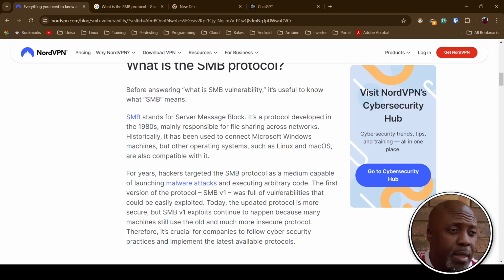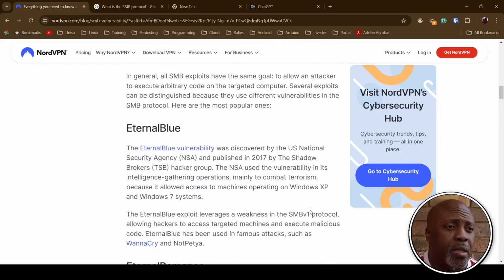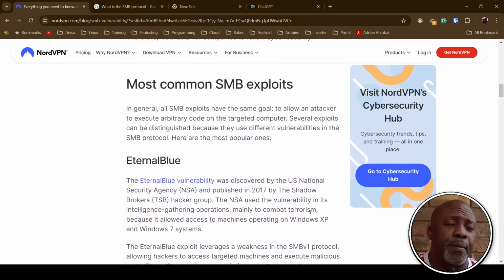I believe we're sitting at version 3.1 of SMB. I could be wrong. I found another page going through the iterations of SMB. It's been round the block, and over the years, researchers have found all sorts of weaknesses that have been explored in all sorts of ways. The most infamous or famous, depending on which side of the spectrum you are, the most commonly known exploit is Eternal Blue.